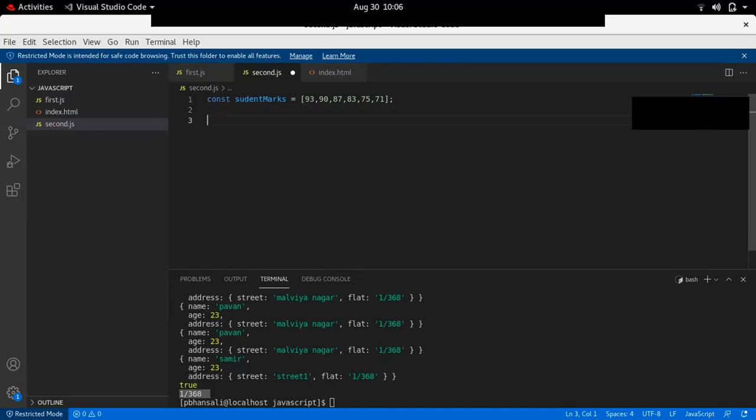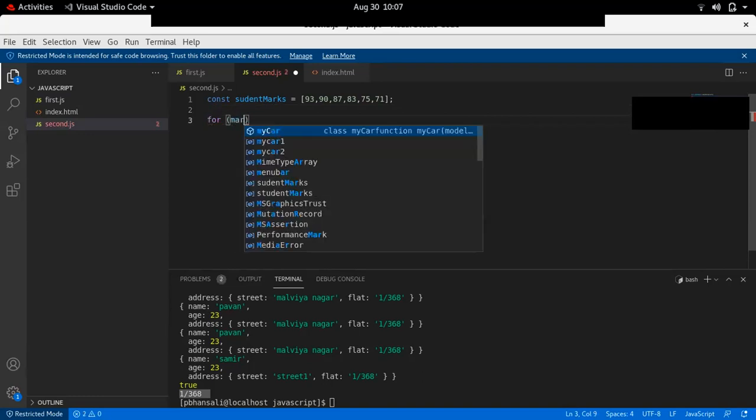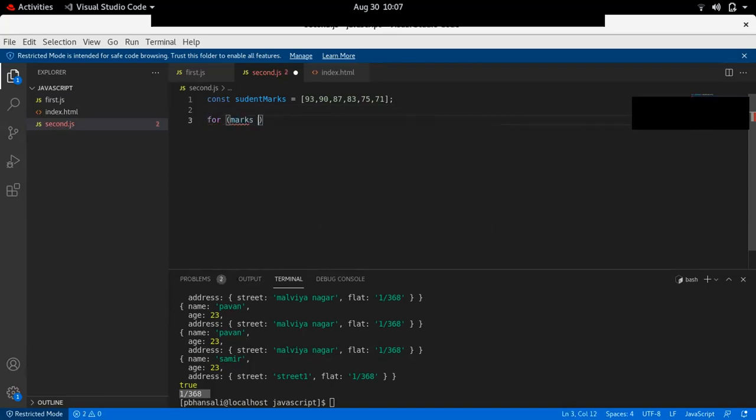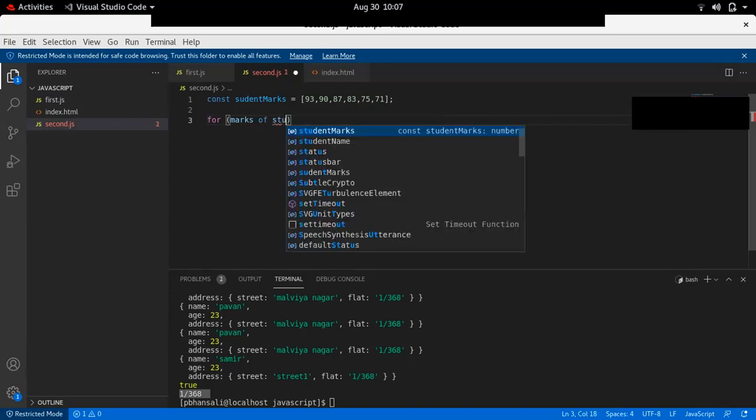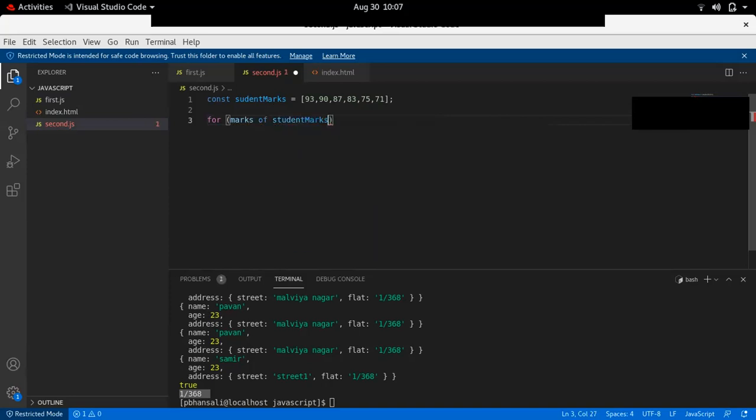A for...of loop. For marks of studentMarks, like this. For...of loop.